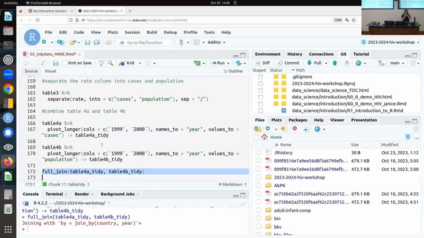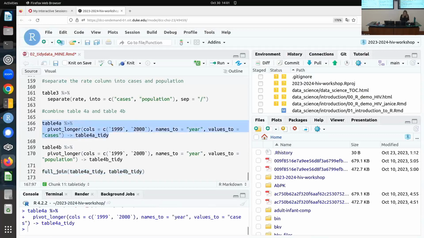You have two observations in one row, right? 1999 and 2000. So we want to make that longer. So go back to the pivot longer command. You have to tell it what columns you want to deal with, 1999 and 2000. Names to year and values to cases. And that gives you a table for A that looks like,